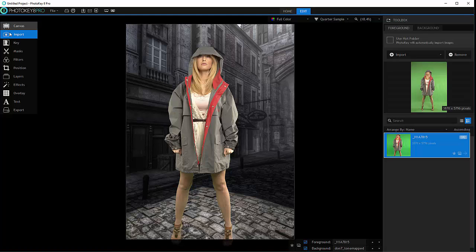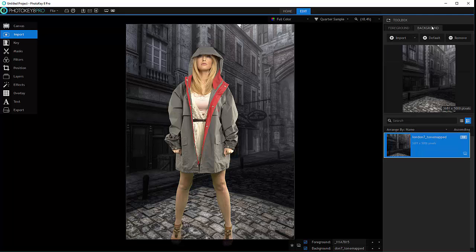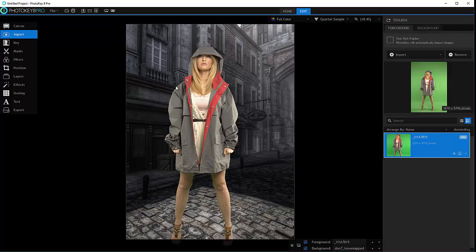Okay, so let's go to import, our next step in processing. We covered it a little bit before, but there is much more to this. Right here, you'll notice we have our foreground and our background. The foreground means our image, where the green screen will be automatically extracted. How extraction works, or fine tuning, we'll do in the key step, but currently we need to add more source files. So as a foreground,